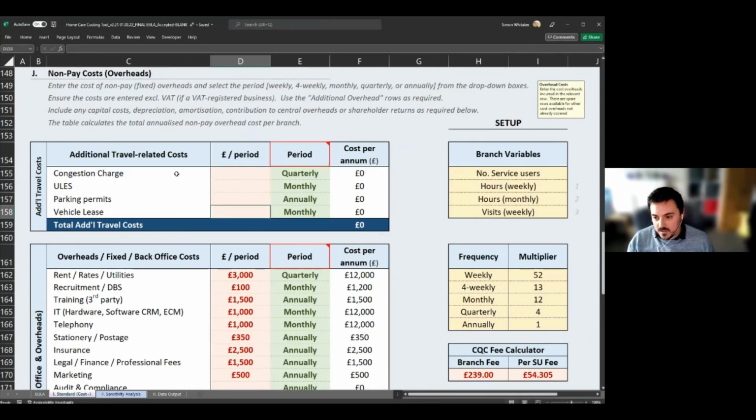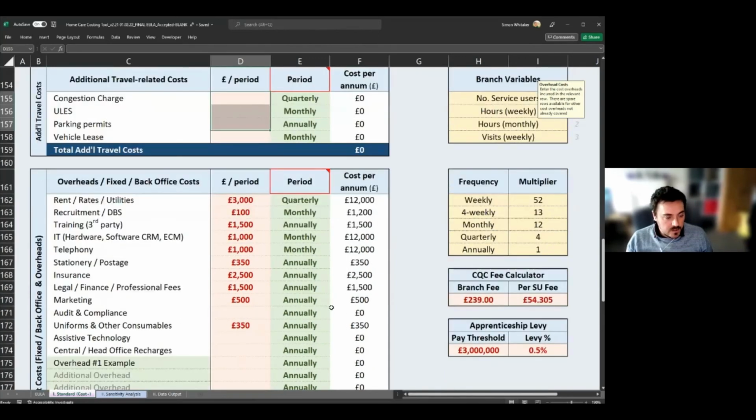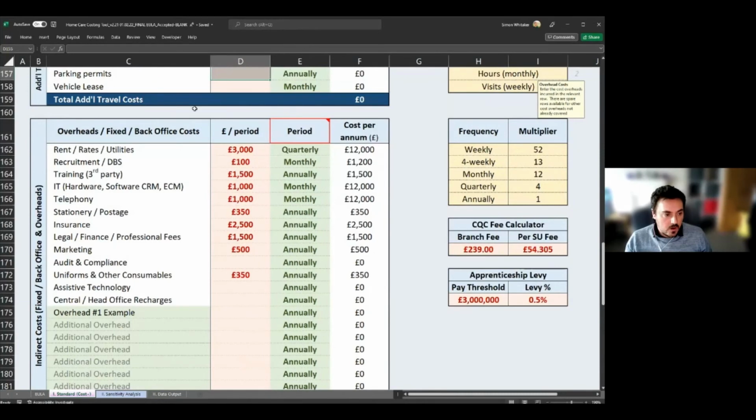You may find that, particularly London authorities, for instance, there'll be charges for certain types of these things. Big inner cities, there'll be certain charges for these things. Certainly not in every local authority, but there's some recognition and some flexibility. If they are material costs that you recognise need to be costed in, then obviously you can put those in. And then for all of the other typical overheads, we've got rent, rates, utilities, recruitment, DBS costs,